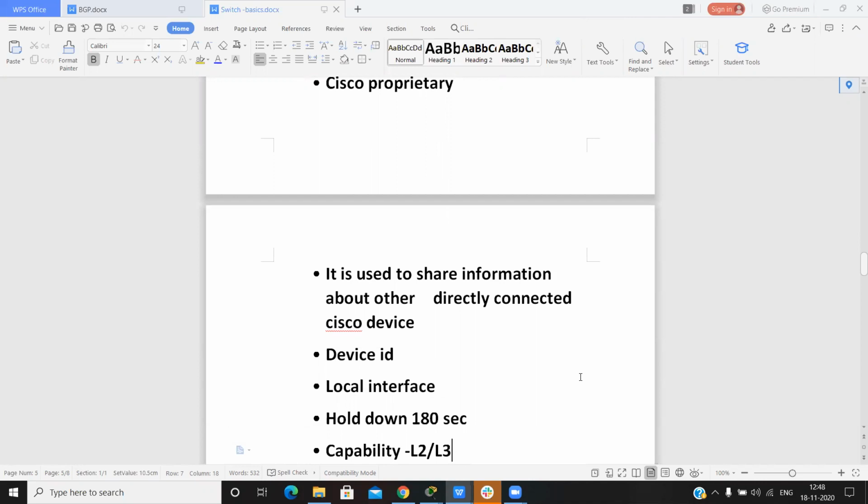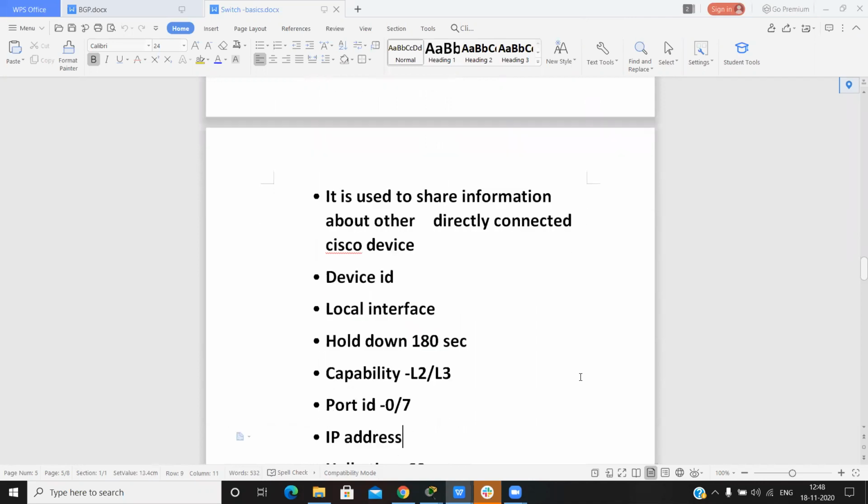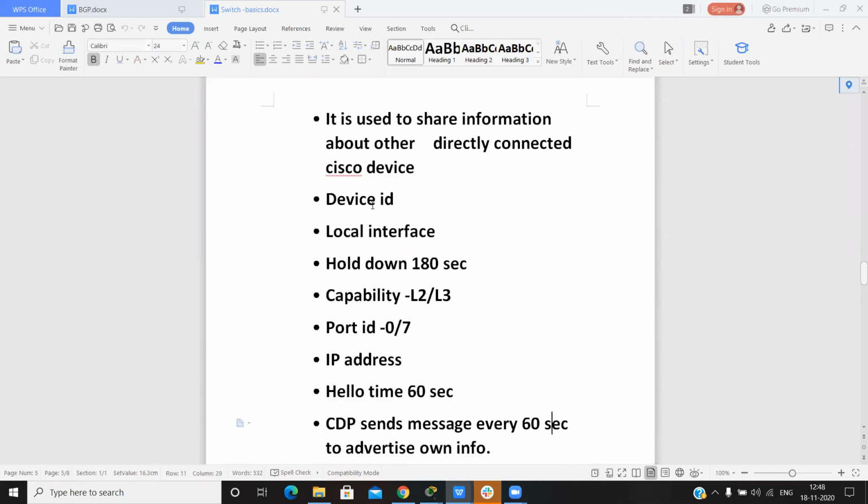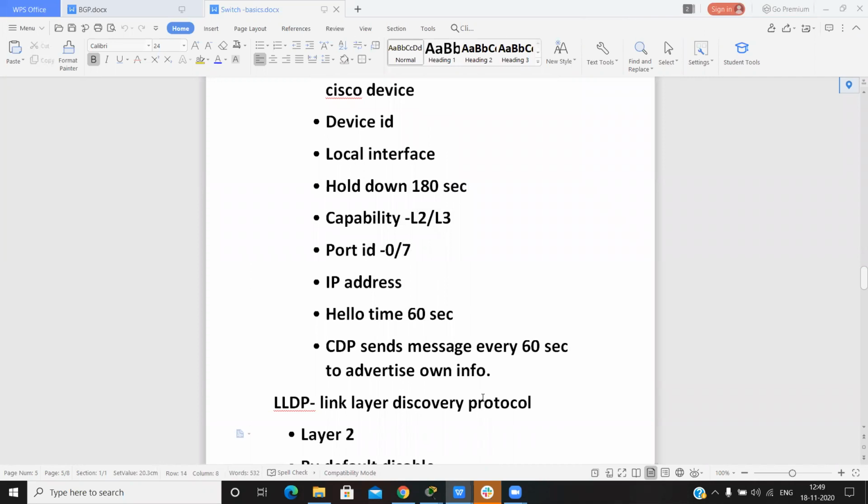Every Cisco device generates the CDP packet, and in this it shares information: device ID, local interface, hold down time, capability, whether this is a layer 2 or layer 3 switch, and then the port ID, then IP addresses, then hello type, and CDP sends a message every 60 seconds to advertise information. You can also capture this on GNS3 by using Wireshark.